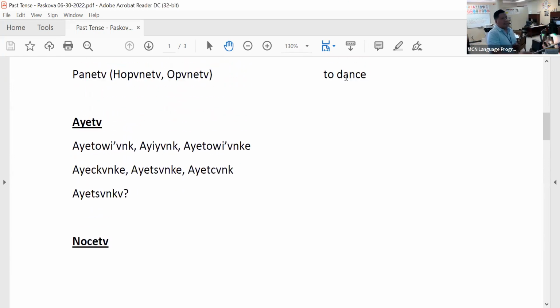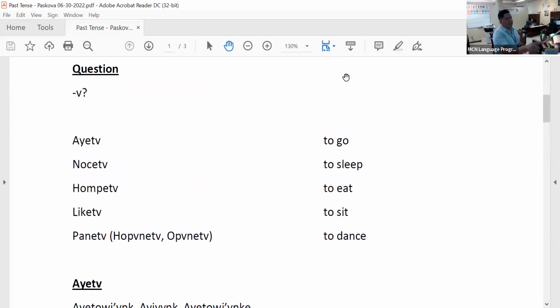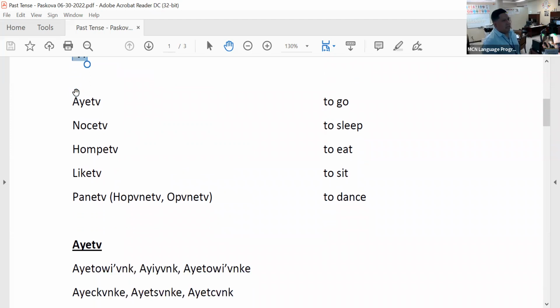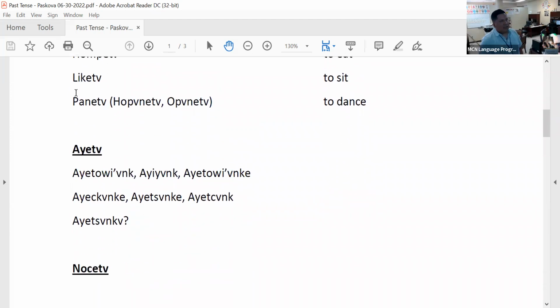So how you ask the question, did you go, in the past tense as opposed to are you going? Here is one example, Ayat Zanga, and then you can implement these different second person forms here. The ECK, the ETC, or the ETS, and add this unk, but with the V at the end of it. Put it right there. Can I highlight that? Yeah, right there. That goes at the end. So it'll be Ayat Zanga, and that's did you go in the past tense.